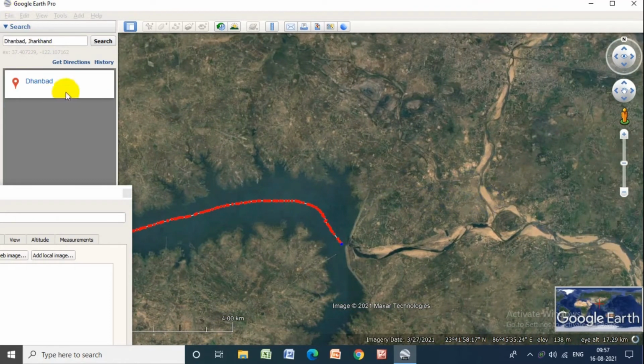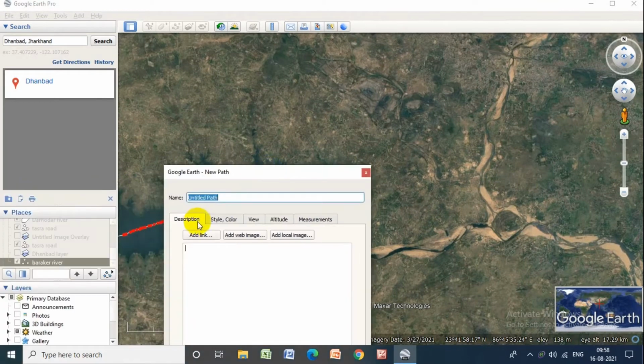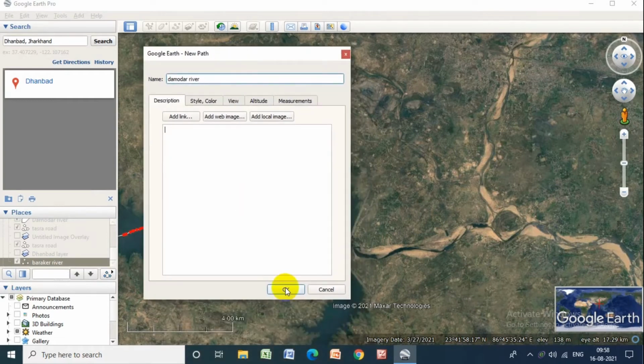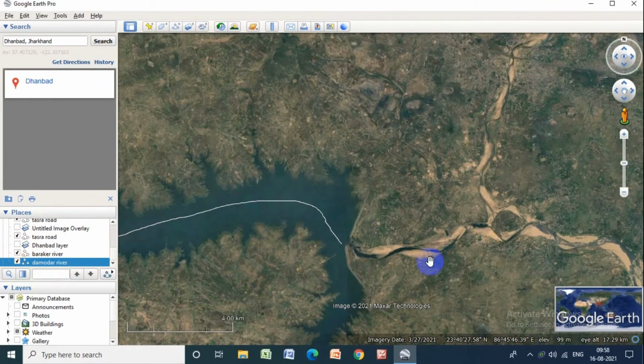So save it here. Save it as Damodar River. It will be saved here.